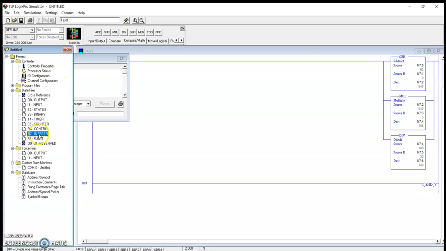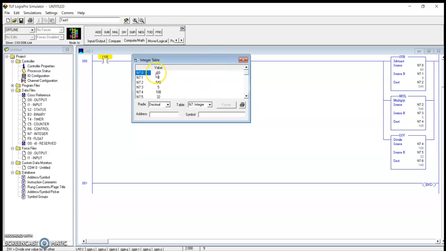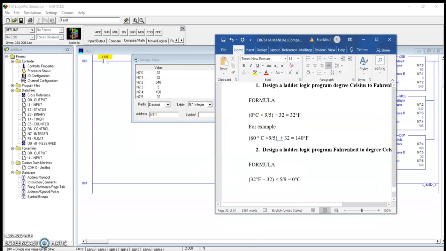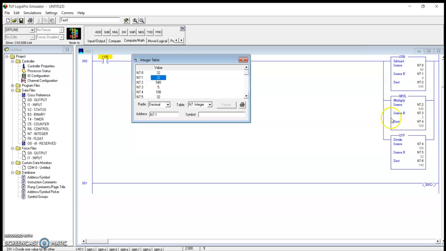Go to N7 integer, and then N7:0 is 32 degrees Fahrenheit. N7:1 is also 32, and then it must be multiplied by 5, so N7:3 is 5.